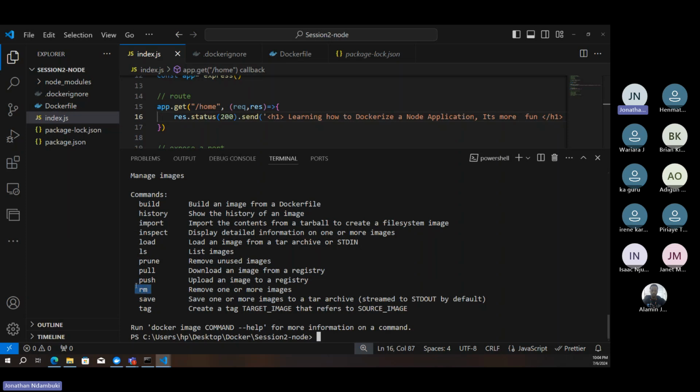So if I want to remove an image, if I want to list all the images, if I want to inspect an image just to see the data in that, we have already seen build. If I want to give a tag, which is what we have seen with that -t, if I want to remove, if I want to pull an image, pull is from